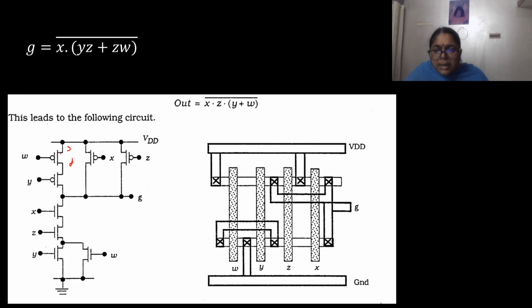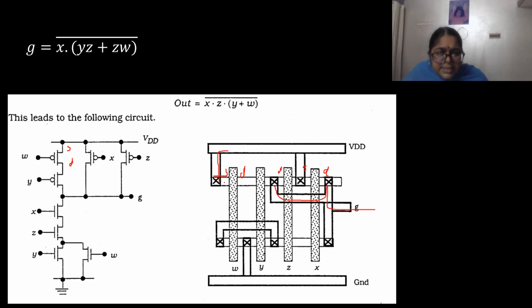So first, you can see the sources of W, X and Z are connected to VDD in the PMOS transistors. So this is made the source. You can see here it is connected to VDD. Similarly, the Z and W source is this one connected to VDD. Obviously the other side is the drain. So here the other side is the drain. This is also the drain. Now the drains of X and Z are connected to the output.